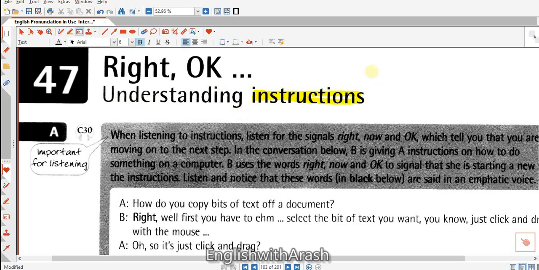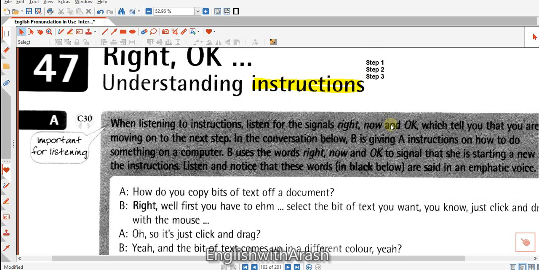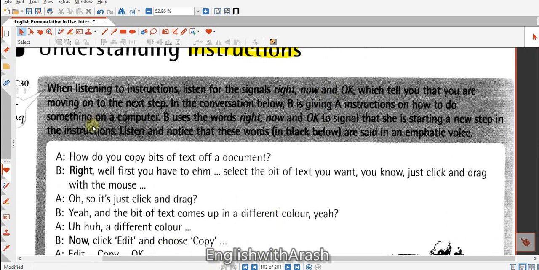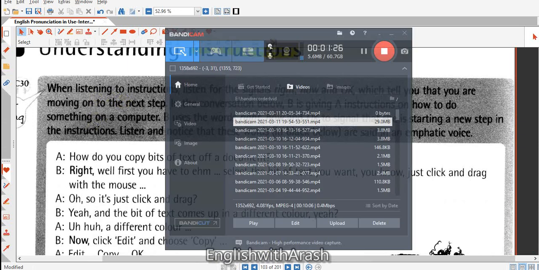So we say, for example, let's say here we have step 1, and then we have step 2. So there are some steps that you need to go through so that you can say, okay, I completed the process, right? So for the steps that you go through, we're going to use some special words. Let's say they're common words that we use to talk about the steps when you want to make the transition. So here the book says, when listening to instructions,